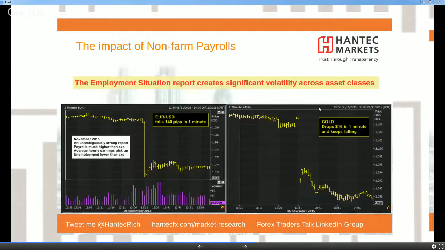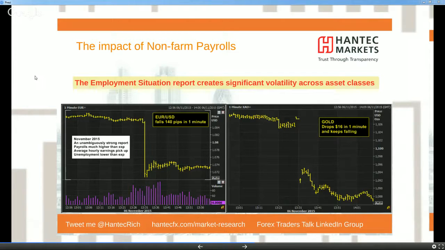I would say the average hourly earnings are very important as well. So you need to see average hourly earnings picking up, because again, it is a sign that the Phillips curve and the NAIRU level has been reached when wages start to go higher, because it would suggest that the supply of labour has fallen to an extent at which people are starting to demand higher wages to change jobs, and that would be the point at which NAIRU starts to pick up, or the unemployment rate would cross the NAIRU level, and you're going to start to see wage inflation as well. So it all feeds into this same situation.